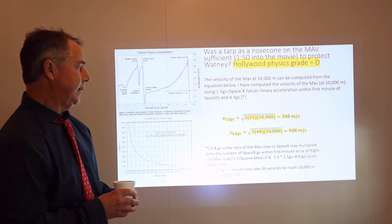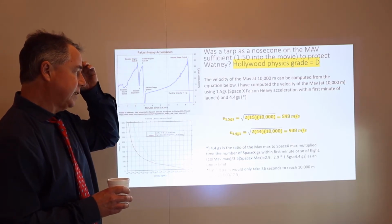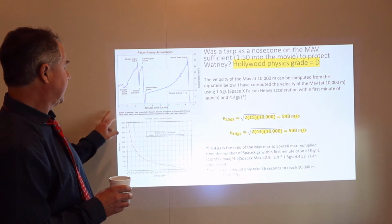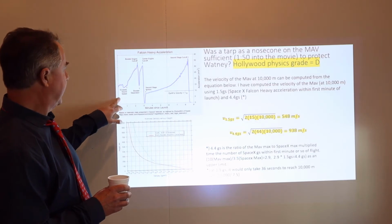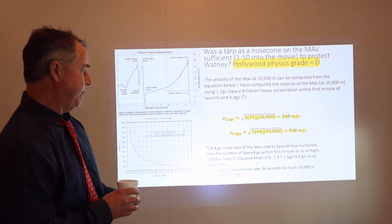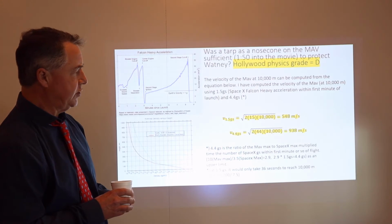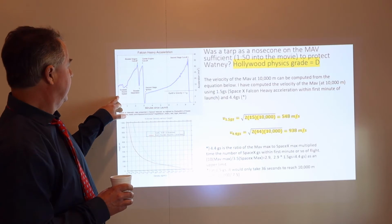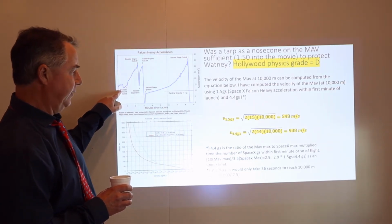I also computed it at a higher number of Gs because I wasn't sure how fast the MAV would accelerate on its way to orbit. 1.5 Gs is the acceleration of SpaceX's Falcon Heavy in the first minute. I went to 4.4 because it was stated in the movie that the MAV would be accelerating at about 10 Gs. So again, the argument is that in the first minute SpaceX is accelerating at 1.5 Gs,